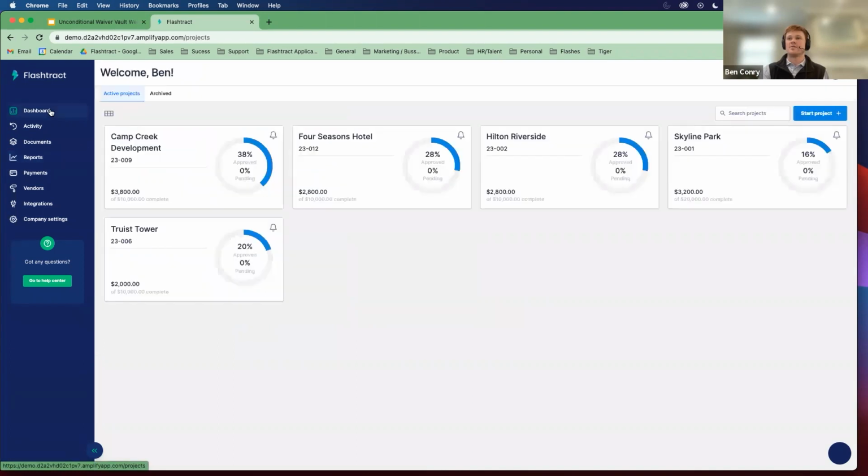So coming back to the dashboard, what I've shown you so far is how a subcontractor can submit an invoice, how that invoice can be approved, and then I've shown you both the issue ACH flow, which makes the unconditional waiver available automatically, as well as the mark as paid flow, which would require the subcontractor to verify receipt of payment. So I'm going to flip back over to my deck